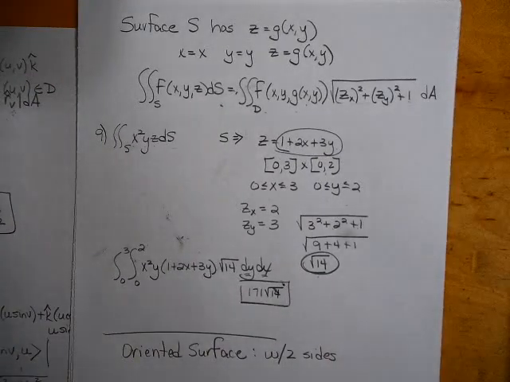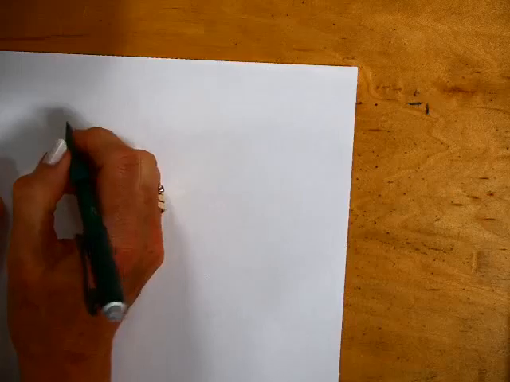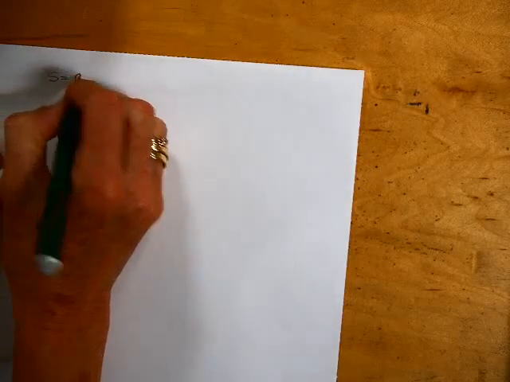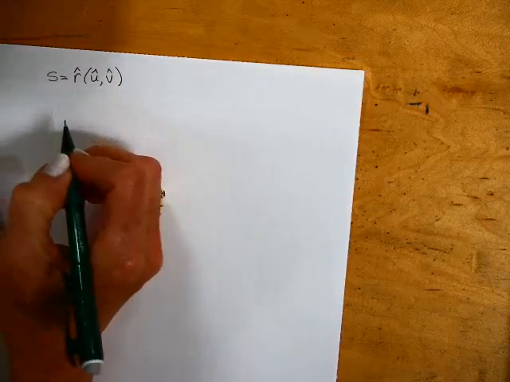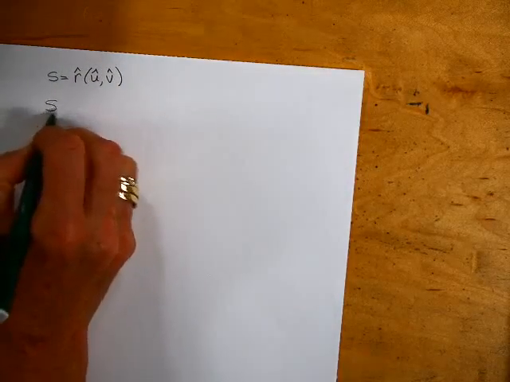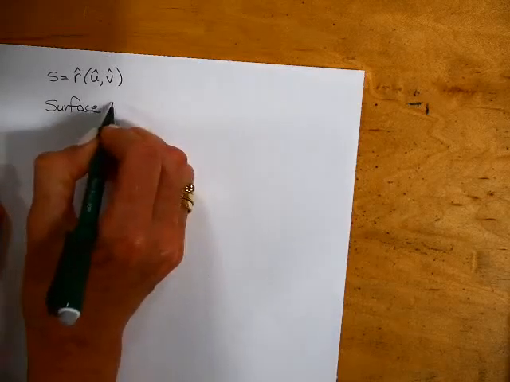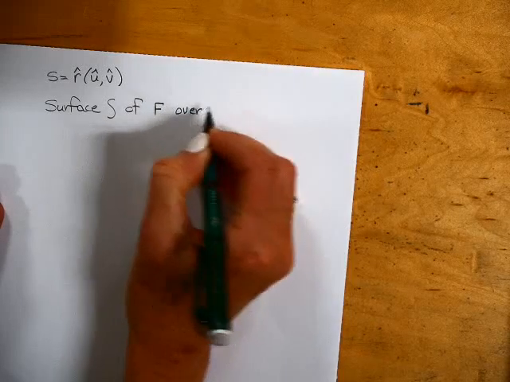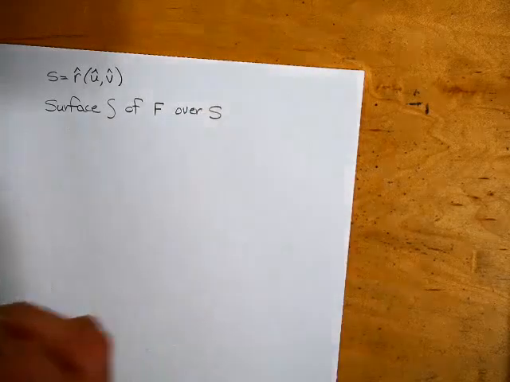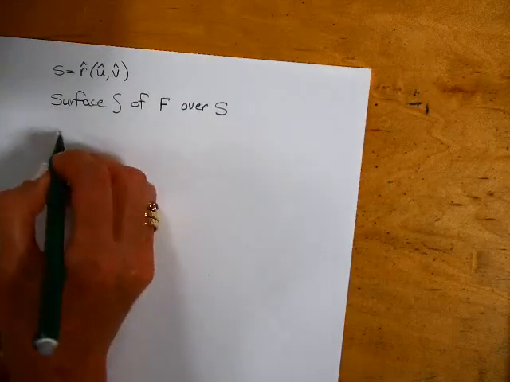So if we do the surface integral over an oriented surface that is positively oriented, pay attention to the positively oriented, if S is given by the vector function R of u and v again, then the surface integral of F, which is a vector field, over S is given by